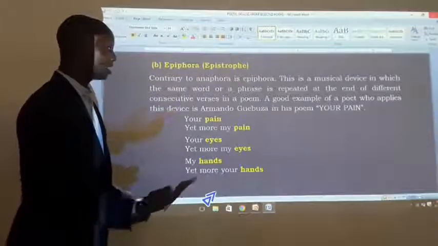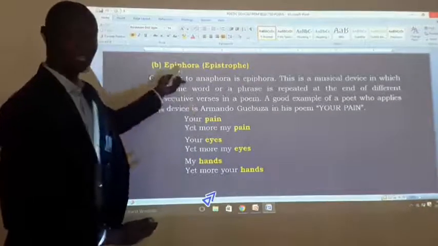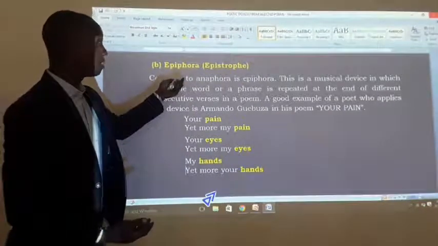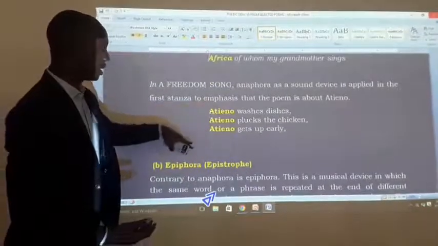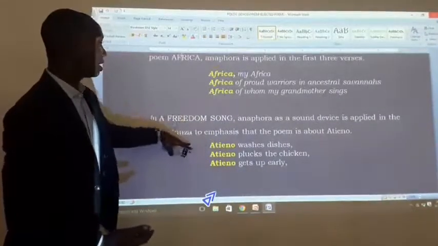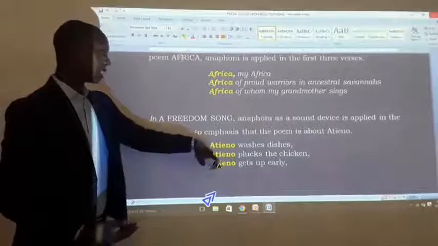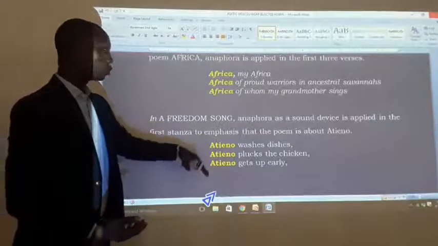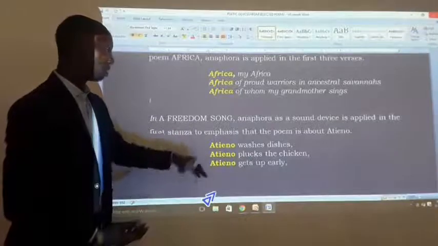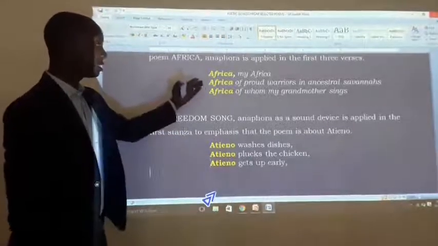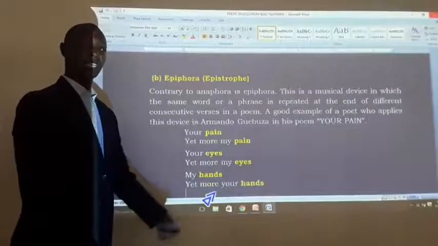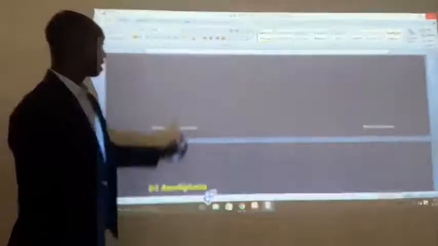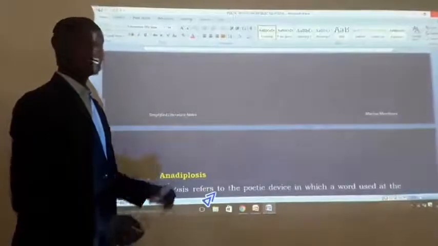This, if you can see, is different from the previous technique whereby at the beginning we have seen the way Marjorie uses Atieno as a repetition to show the main emphasis for the poem is Atieno, as well as in David Diop's Africa, and the way Africa has been repeated at the beginning. Therefore, that's anaphora, as opposed to